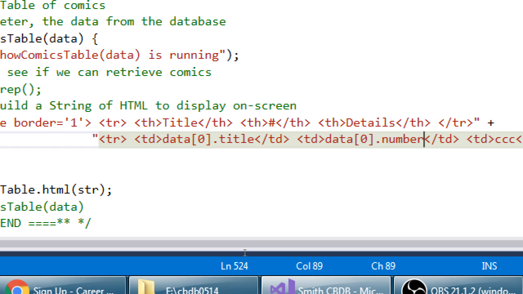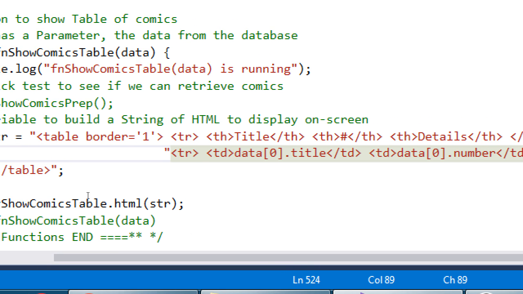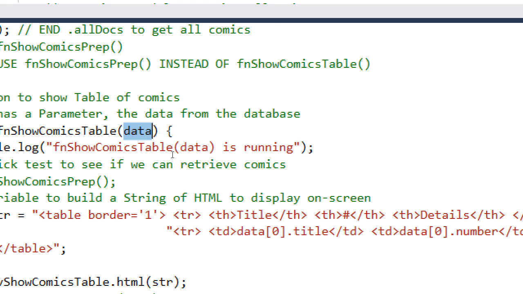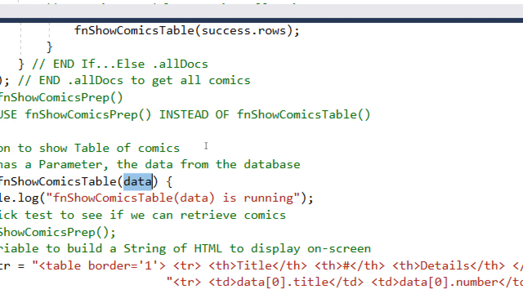We've got this table that is going to display only a title and a number, and then when they click details, it'll display the rest. But here I'm saying, okay, I'm referring to the data in my database as data. Because up here, when I created function show comics table, it says we expect to get something put into this function, and we're going to call it data. Well, we're passing into it right above up here at the very top. We're running the function, and we're passing into it data called whatever, and we're calling it data when we use it in here,